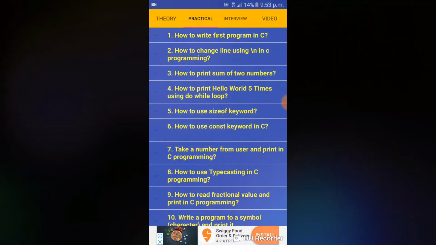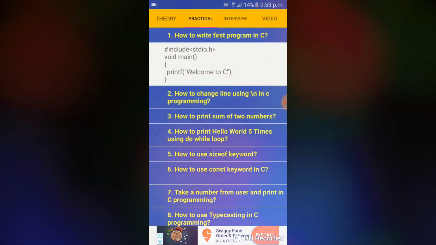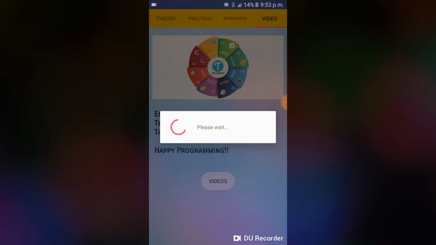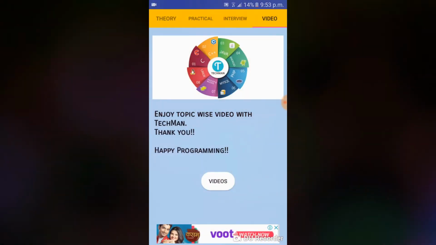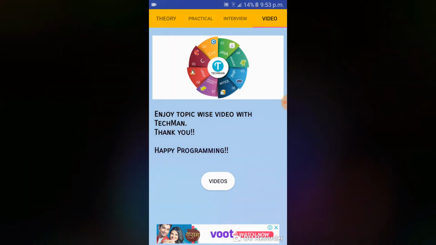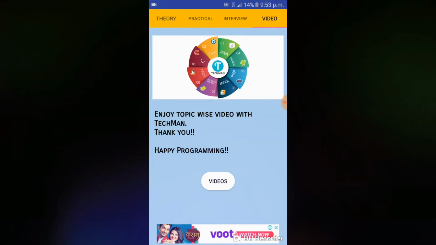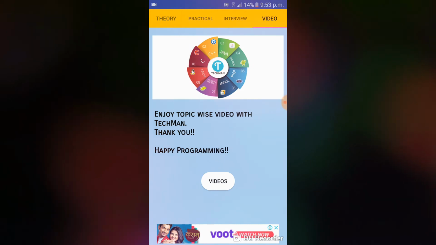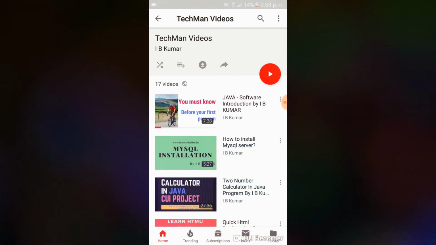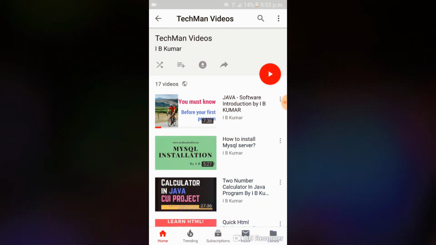We'll see how to write the first program in C. You see, we have the sample, but just in case you want to see the video, you want to know the whole process, you can go to the videos section, and then you can see there's a little sign called videos. If you tap it, it will open YouTube, and it will show Mr. Kumar's videos under the name of Techman videos.